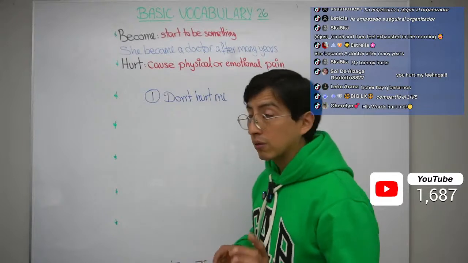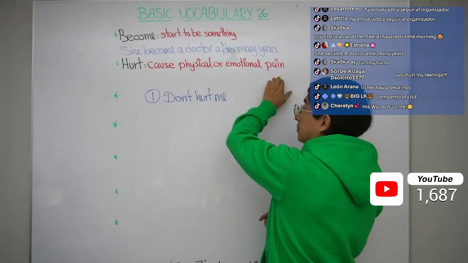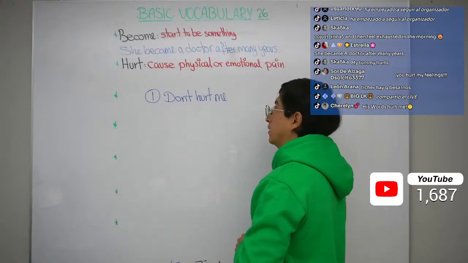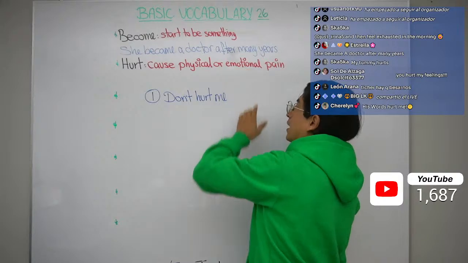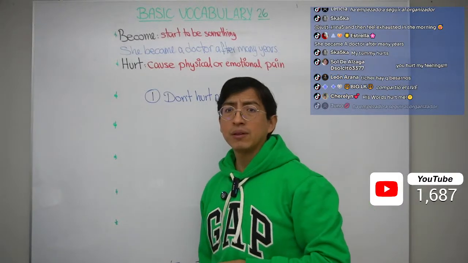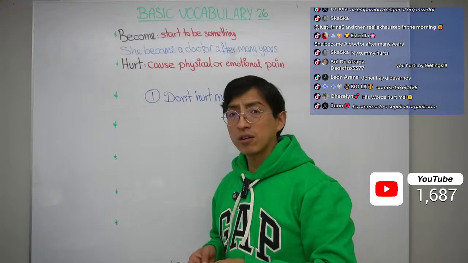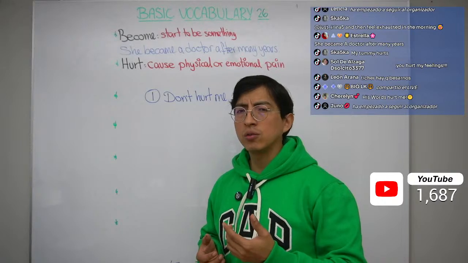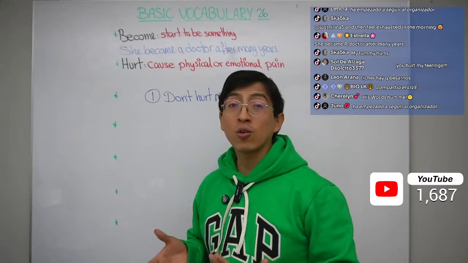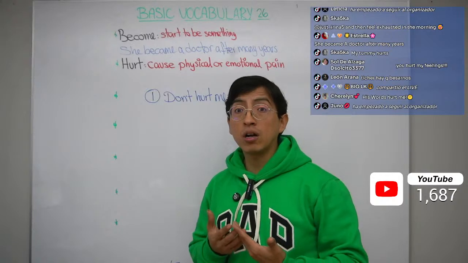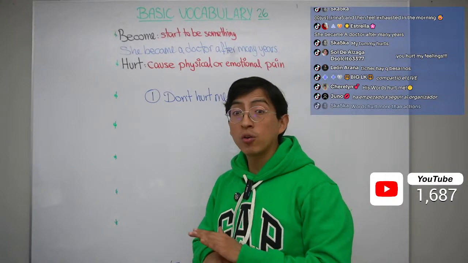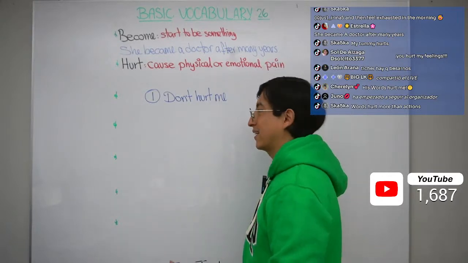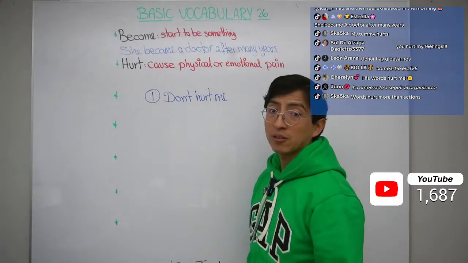So remember, we can talk about physical pain. Obviously, if somebody shoots you, it's a physical pain. Or we can talk about emotional pain. Maybe you have a new boyfriend or a new girlfriend, and you can say, please don't hurt me. Your actions aren't correct. Please, you are hurting me. Don't hurt me. Stop talking. Stop speaking. Don't hurt me. Could be possible too.